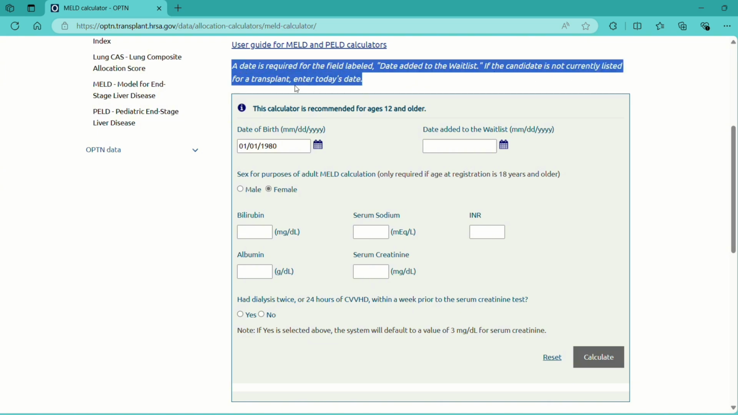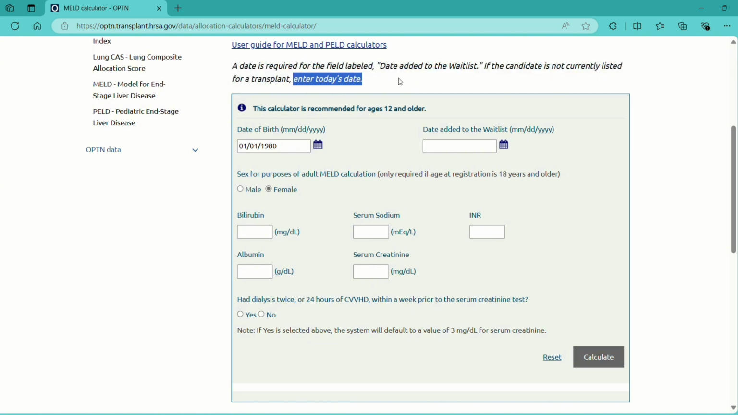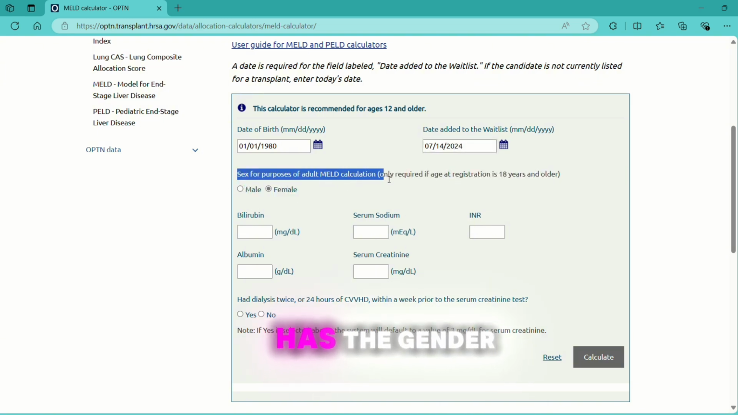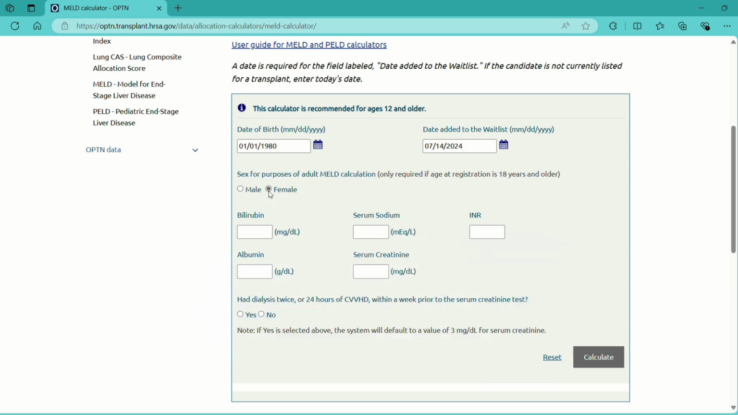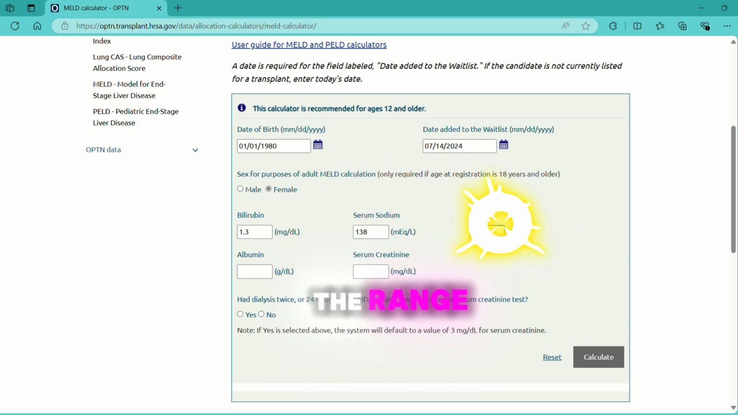So I'm going to go ahead and enter in today's date, which is 7/14/24. All right, so as I said, this one has the gender differential on here. So we are choosing female, enter in my bilirubin and my serum sodium, my INR, which is right at the top of the range,